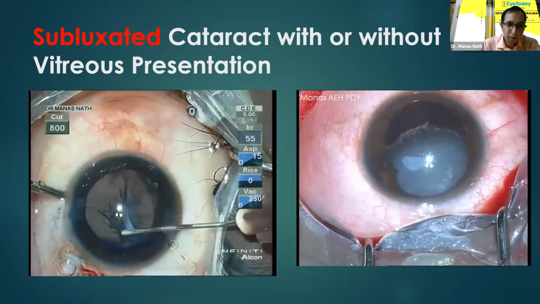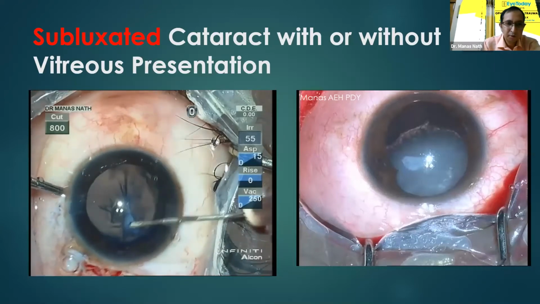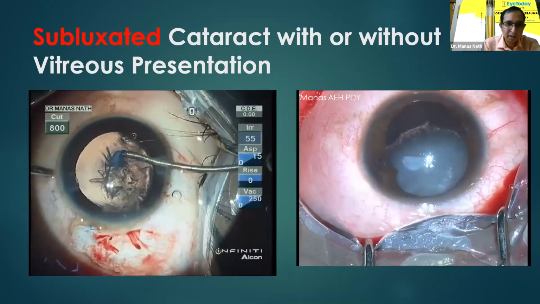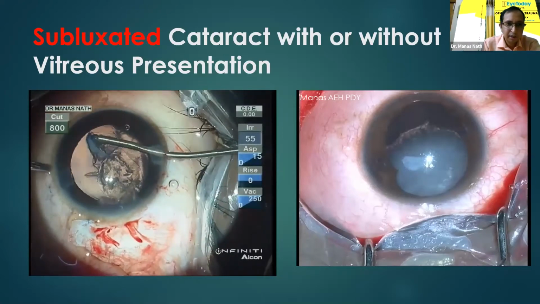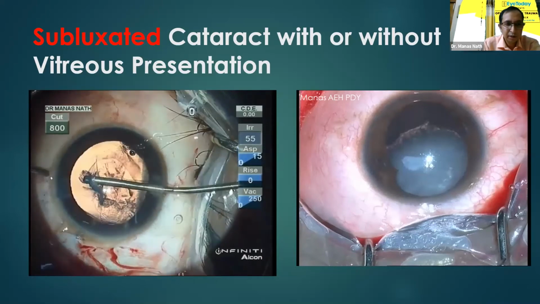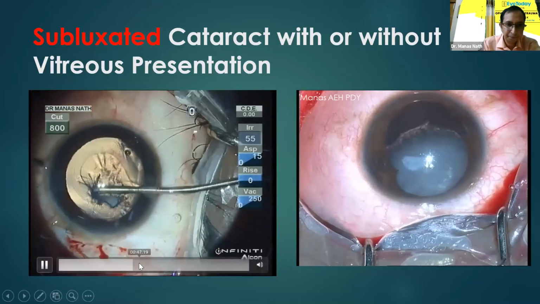Next, I'm starting the capsulorhexis in a relatively normal area. My plan is to circumvent this fibrous area. For that, I'm using a microrhexis forceps here. You can see that that part is nicely negotiated, and I continue by holding at the base of the capsulorhexis gently. Once your capsulorhexis is done, your 50% job is over.